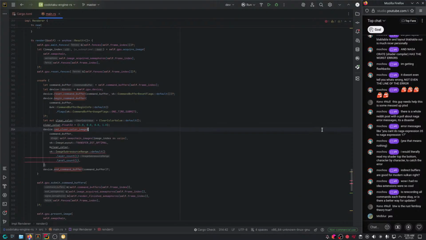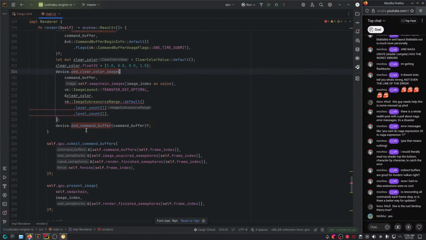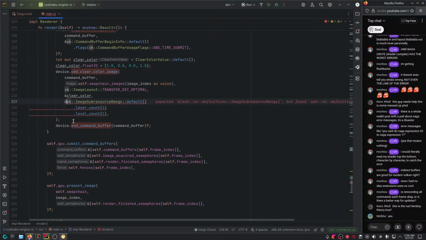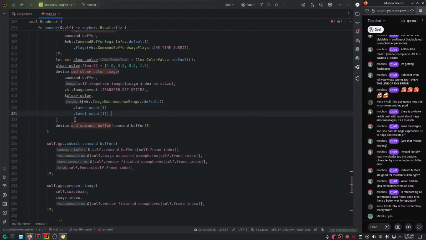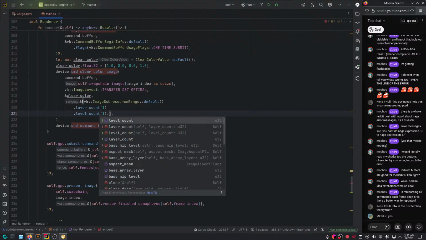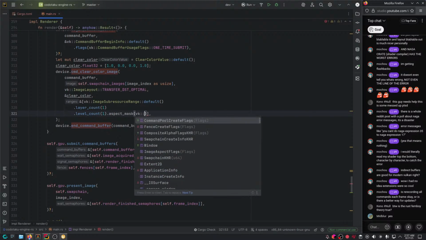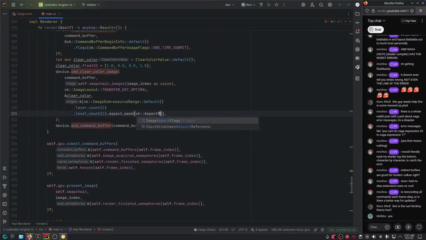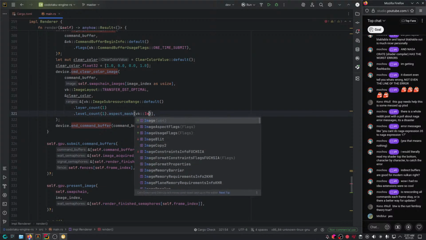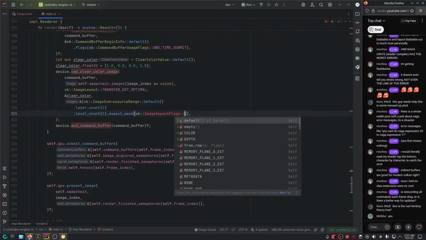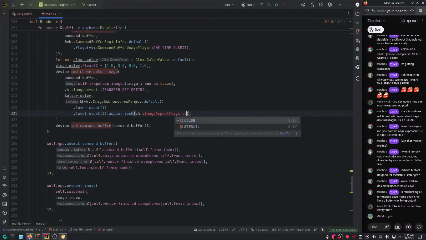I think that's good. I believe we maybe need this. Ah, yeah, it should be a slice. I see. Now here we're gonna say dot aspect mask, image aspect flags, color.